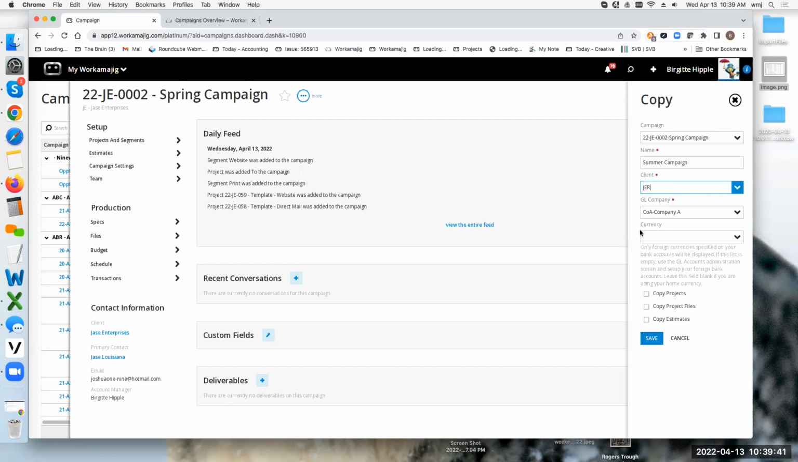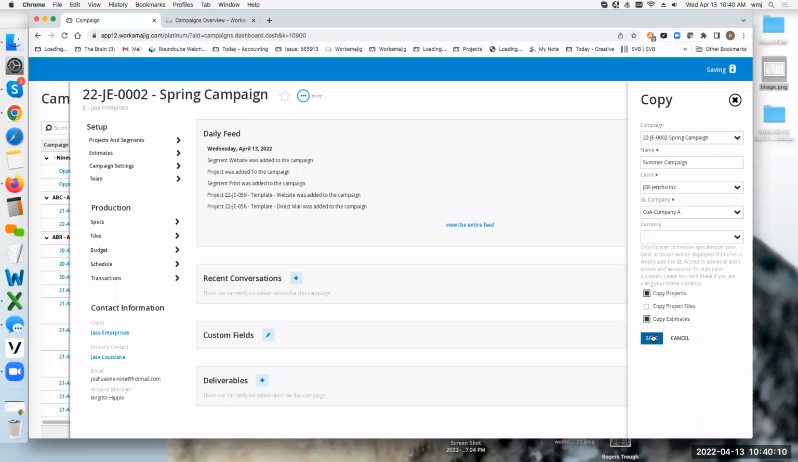Of course, which GL company? Am I still doing it in the same currency? Am I copying the projects? Am I copying the project files? Generally, I tend to not copy the files, but it depends on if they were on the template for a reason and you want those files with every time you sell this bundle, then definitely copy those files. And then do you want me to copy the estimates that are already in this campaign and in the project level? So if I go ahead and hit save,